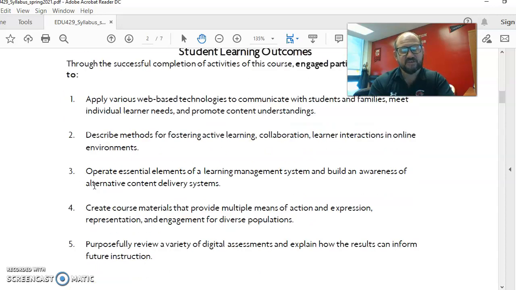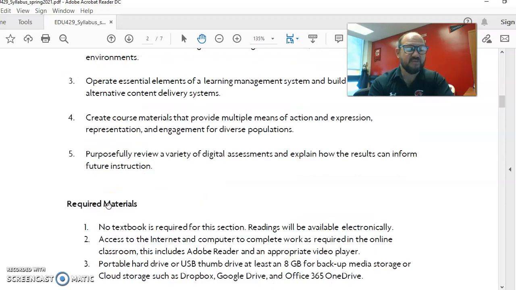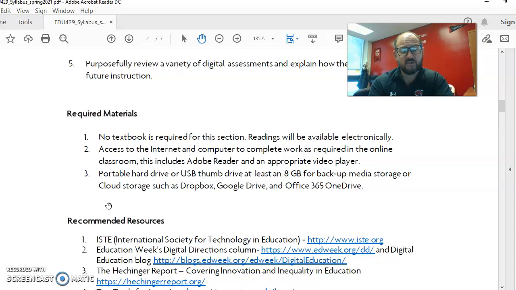We have 5 student learning outcomes for the course, all aligned with one of the modules, starting with application to technical and communications with students and families, and moving all the way onto the application and implementation of assessment. There are no required materials for this course.